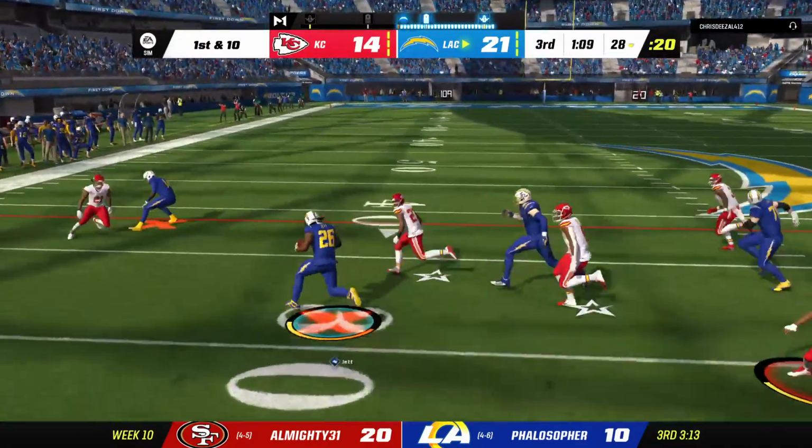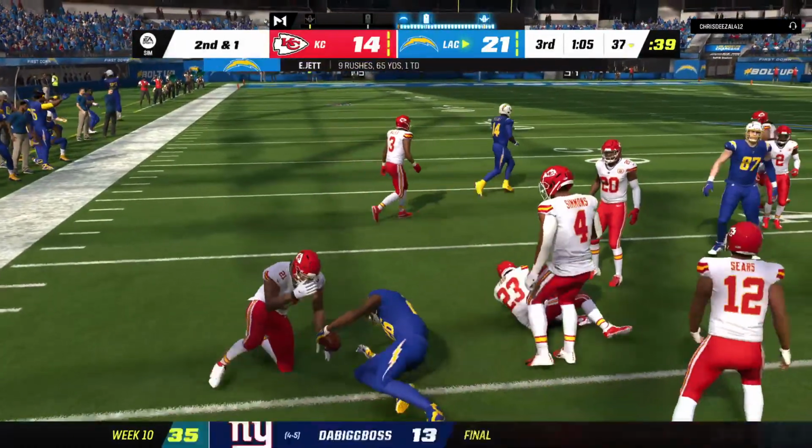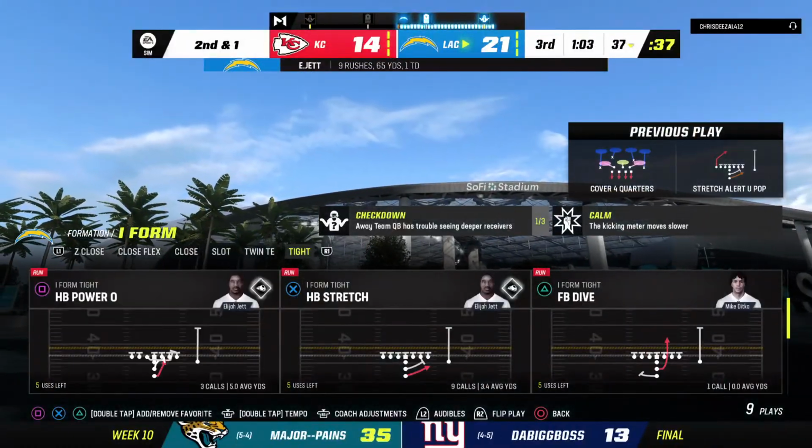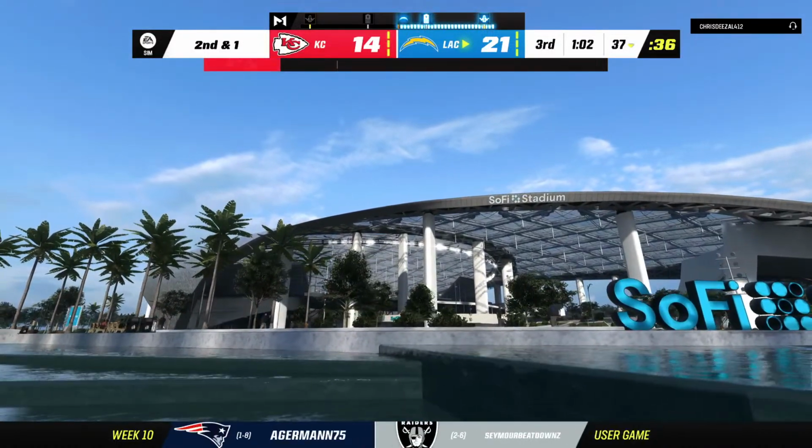Running game working. They'll stick with it on 1st down, and they'll wind up getting this to the 37. Gain of 9. Well, you certainly have to give a little credit here because they're playing this game now at